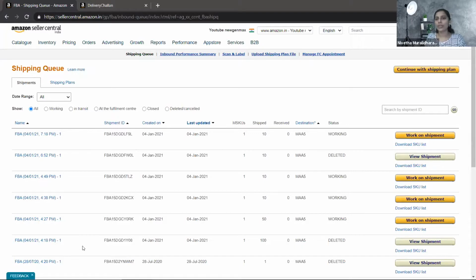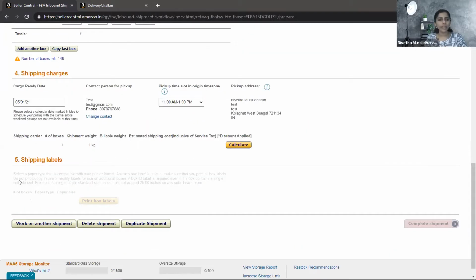Now what I'm going to do is answer all your questions. Here in the shipping labels, you will have this print box label option. Since I cancelled it, I'm not able to get it. So print the box labels, and you will get the box labels. If you have entered 2 boxes, you will get 2 labels. So make sure that you are downloading 2 labels. Each one will have a different box number. Okay. So consider I have prepared 2 different boxes. Each box will have separate labels.